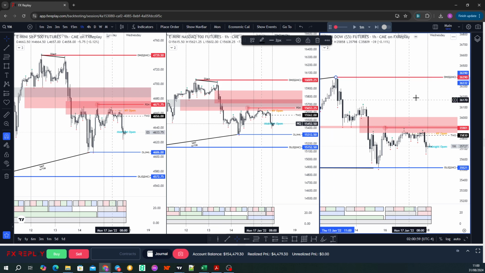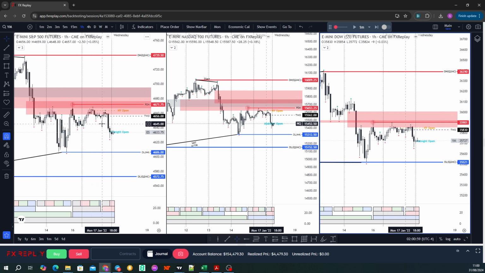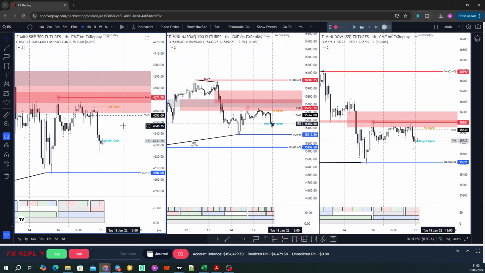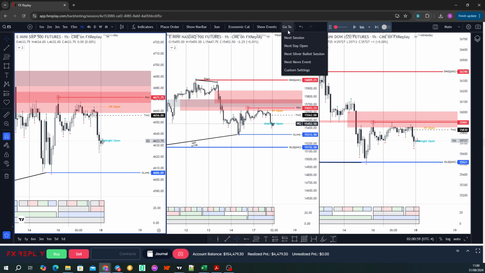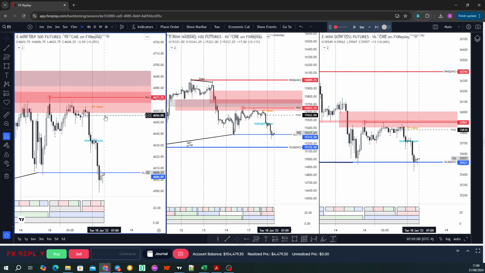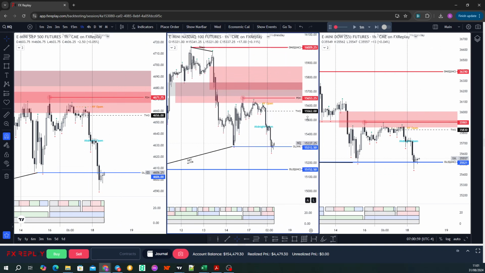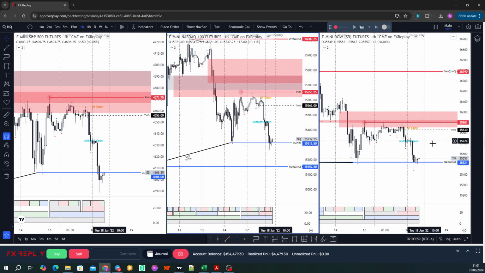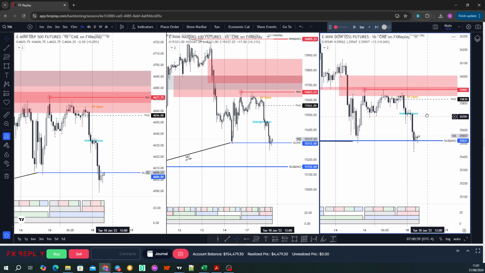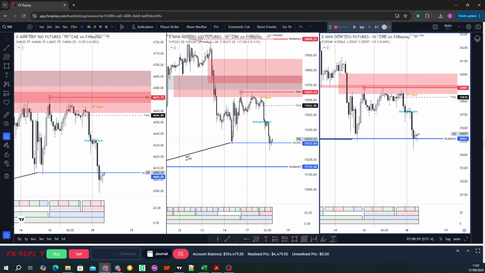So onto the hourly. I'm now looking for key hourly liquidity pools. What we're going to do is run time on to next session, 7 o'clock. There we go. As we can see, the market has presented